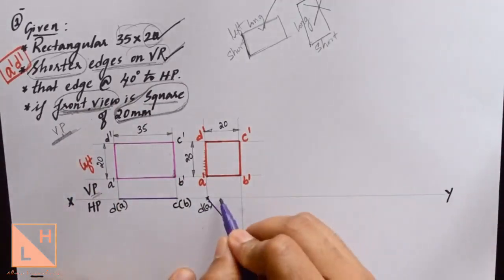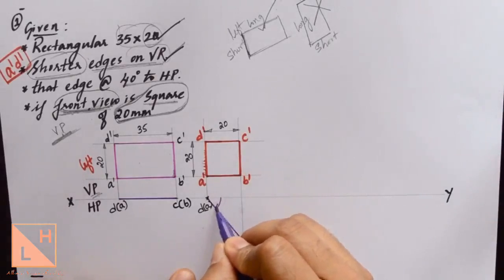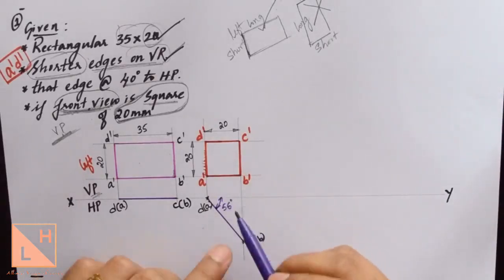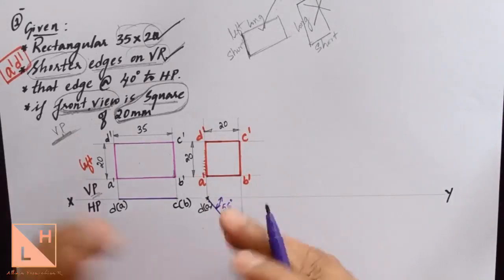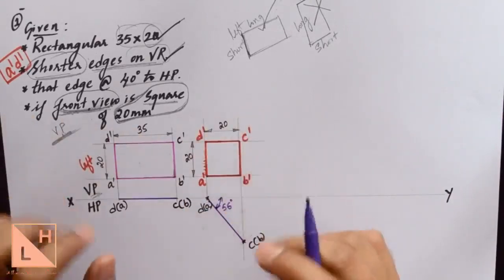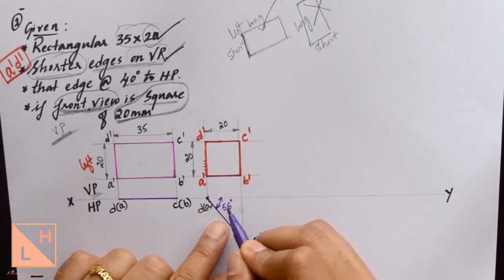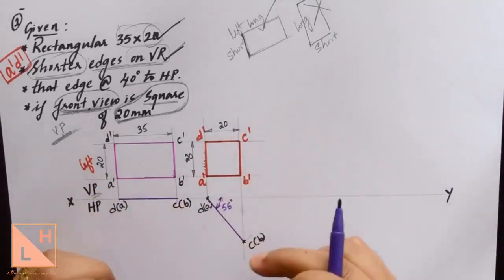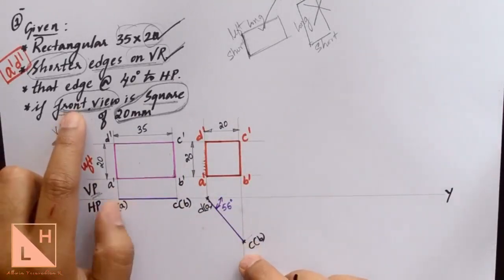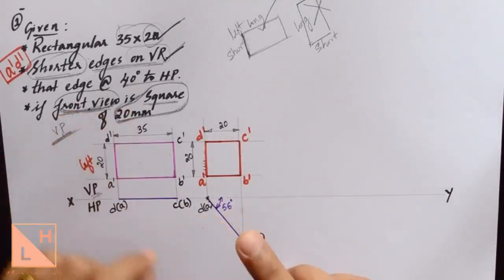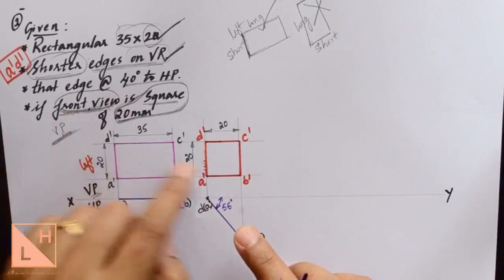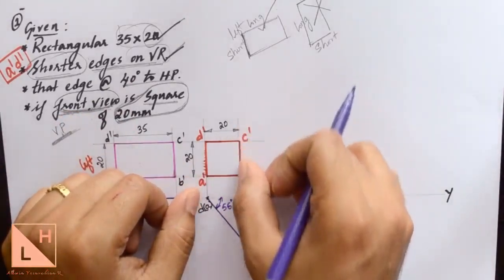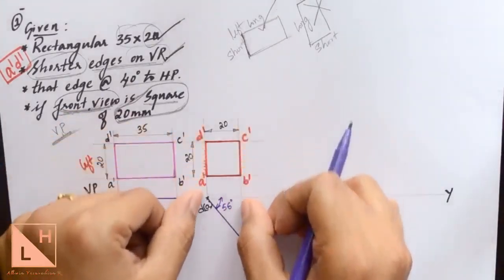Now when you measure this with the protractor, you are going to get an inclination of 56 degrees. Once again, the angle might differ depending on how accurately you are following the procedure. So I have got 56 degrees, you might get 1 or 2 degrees on either side. Now note that this is a different kind of problem because they have not given you the angle directly. Instead, they have told that the front view is going to look like a square. So you have to find out this angle by dropping the projection line from all the 4 points.